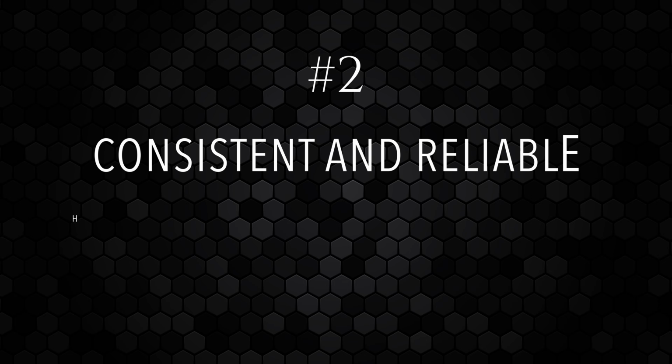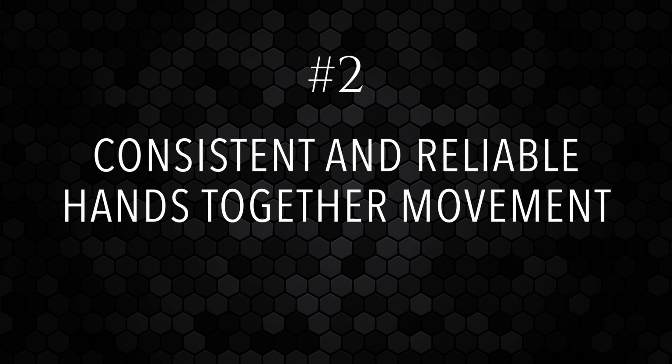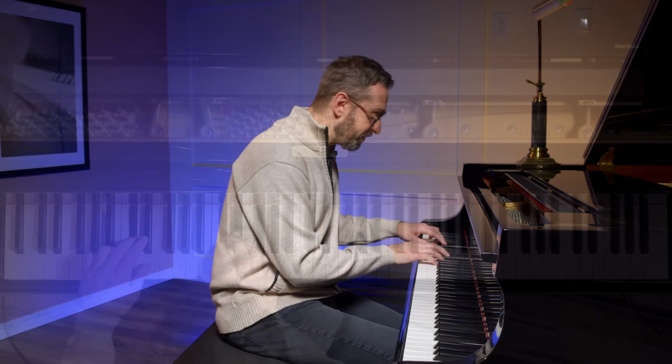Number 2, consistent and reliable hands together movement. I'll say this is especially true of the aspects of practice that are regularly recurring. So, things like scales, arpeggios, rep that you've worked on for quite a while. Now, a beginner is going to tend to lose control of one or both hands while working through recurring practice techniques. So what might happen is if we're working on a scale, one hand